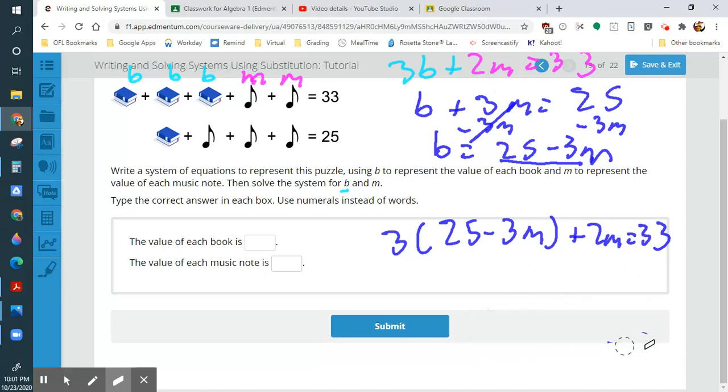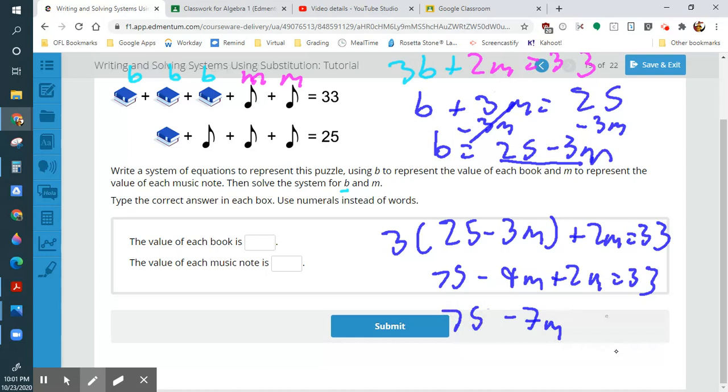So what I'm going to do here, I'm going to erase all this. And I'm going to do 75 minus 9M plus 2M equals 33. Most of this is going to remain the same. We still have the 7M. The only reason why I knew something was wrong is I was like, I don't think Edmentum is this mean. I don't think they're going to give us